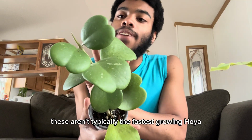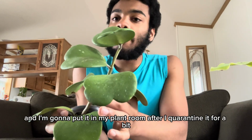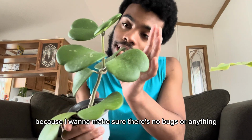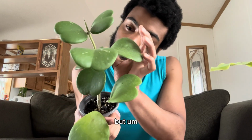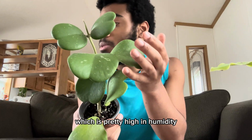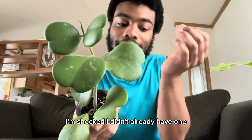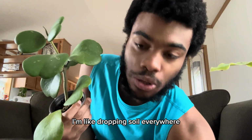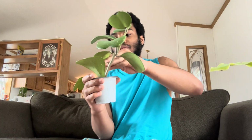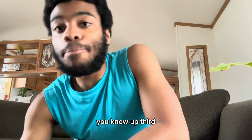These aren't typically the fastest growing Hoya, but this one's got an active growth point and I'm gonna put it in my plant room after I quarantine it for a bit because I wanna make sure there's no bugs or anything. But after I've had a chance to thoroughly inspect and wipe it down, it's gonna go in my plant room, which is pretty high in humidity. So I don't know, I really love it. I'm shocked I didn't already have one, but I'm dropping soil everywhere. I guess it's only the bark, but I should not make a huge mess everywhere, you know? Up third,